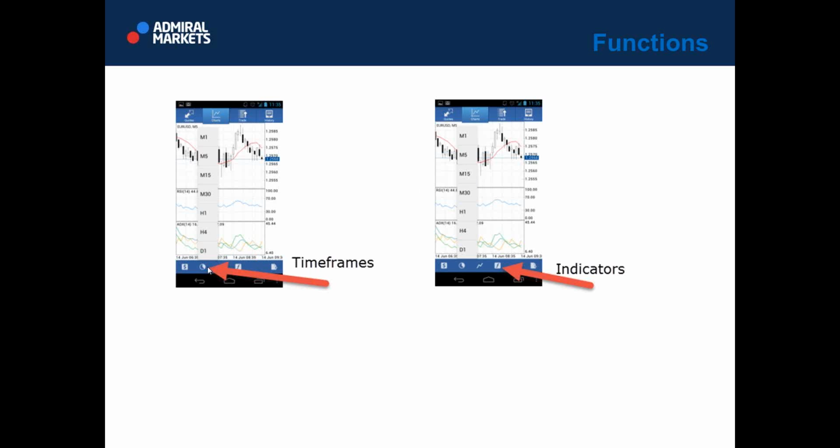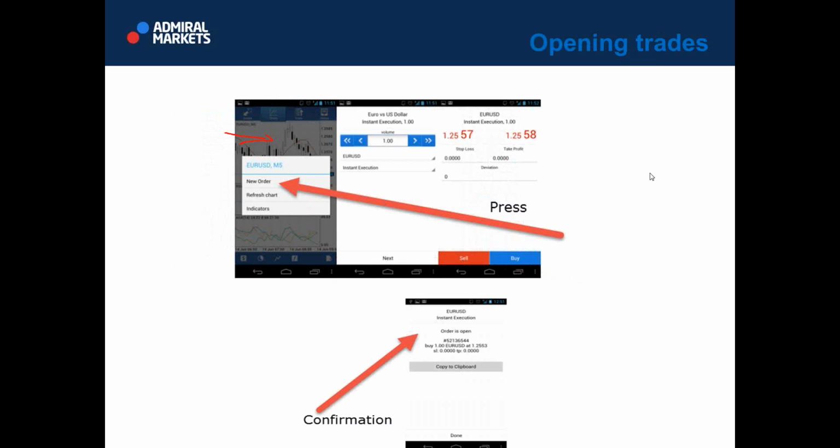Then if you press here, you will be given an option to see, actually watch the time frame you will be trading. And if you press adjacent function, you will be given the option to choose from multiple indicators. Mind you, however, that those indicators are not the same as the desktop version. Desktop version is the primary method of trading. This is very useful to